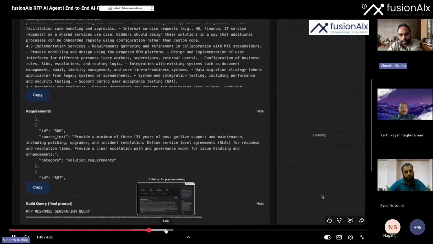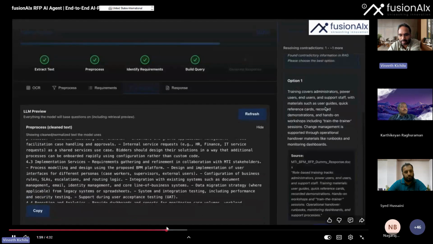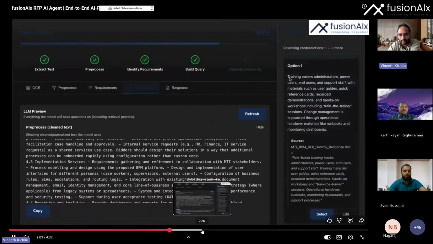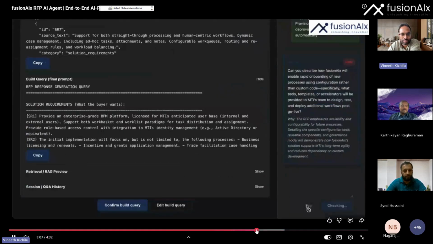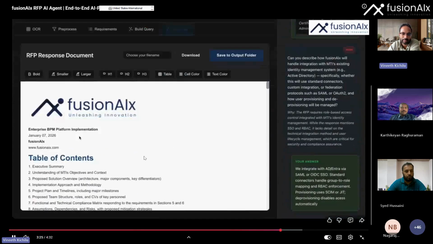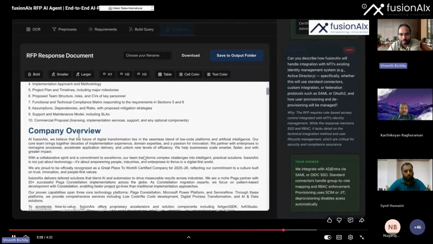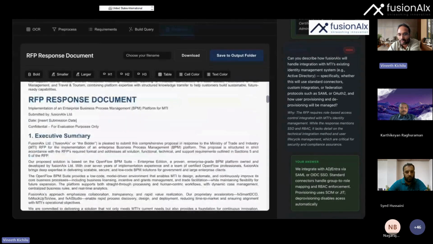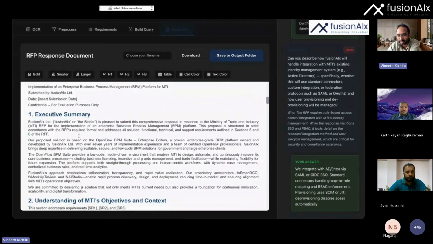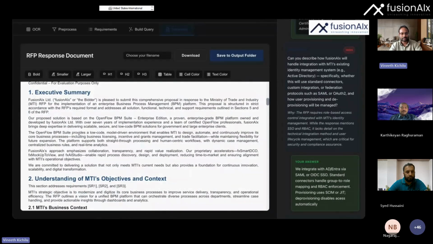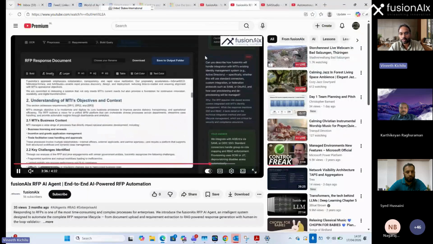On the right-hand side, you can see they're reading the inputs and presenting the options to the human. Finally, when they all finish, we confirm the build query, and then it generates the whole RFP back. This is a nice example of how multi-agents work together with a human in the loop and execute something brilliant, and we use it internally for our RFP responses.